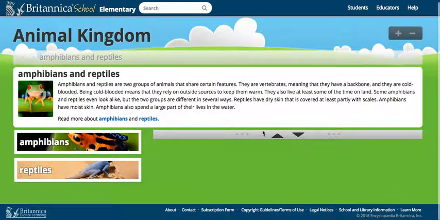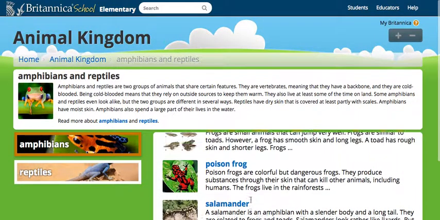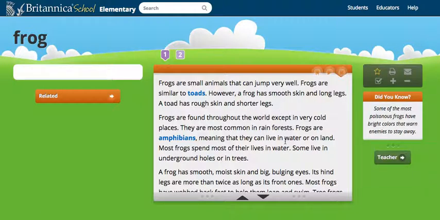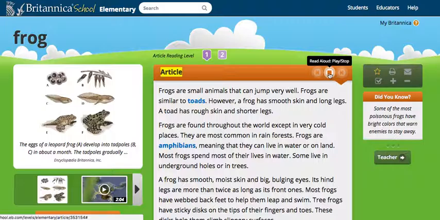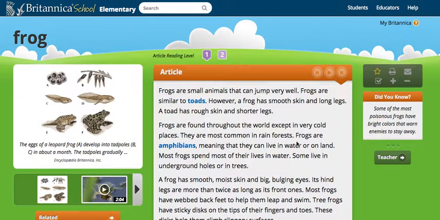So I've just clicked on to the animal kingdom, and again, I can see a whole list of materials on the animal kingdom, particularly amphibians and reptiles. I'm going to click on frog just to quickly show you that we get another wonderful screen with the read aloud function. Article. Frogs are small animals that can jump very well. And that will go as long as you want it to. And the student can just really click around to their heart's content and meanwhile be immersed in a very rich